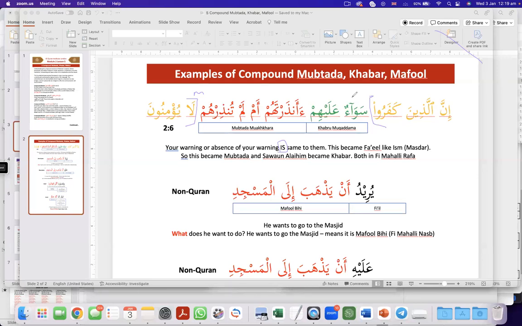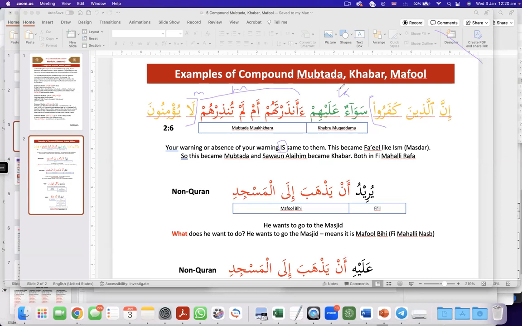Like this, we do say a lot of sentences. Whether you want them or don't want them, it doesn't matter. The first section I said, whether you want them or not, this is the Mubtada, the subject. Whether you want them or not, is the same thing to them. Say it once or twice in your mind. Then you will see that this is the Mubtada and this is the Khabar. This is the reality.